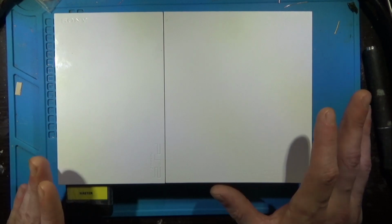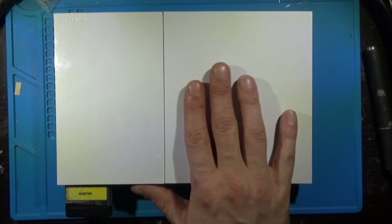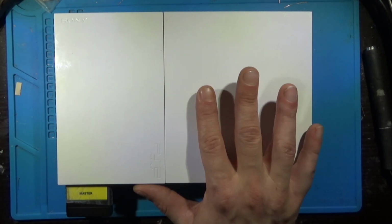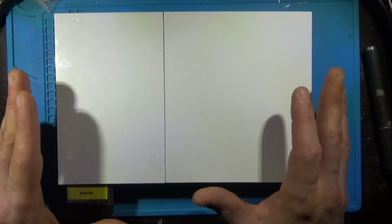Might get a little convoluted. There's a million ways to skin a cat, as they say, but no, you can totally run homebrew on a Modchipped PS2. Just a little side note, I do plan to do another video on this, but my preferred way to